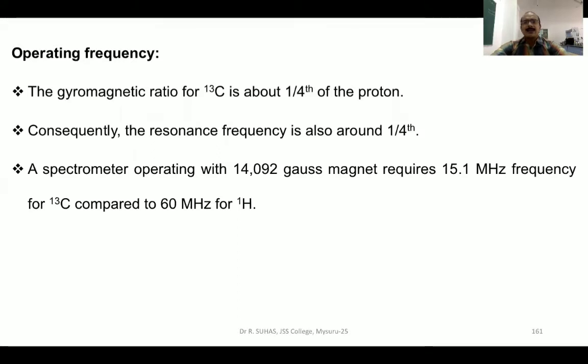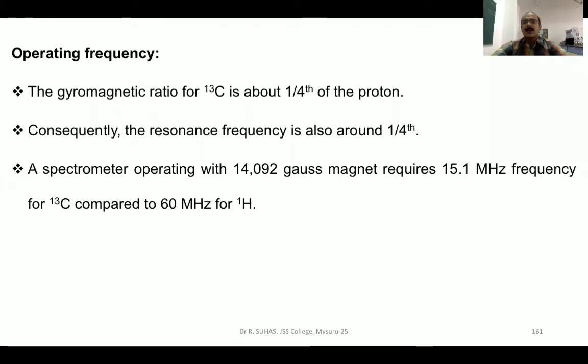We have seen that only 1.1% of the carbon in a molecule is C13. On top of that, the gyromagnetic ratio of carbon-13 is 1/4 that of the proton. When the gyromagnetic ratio becomes less, the resonance frequency also becomes less. That means if you are using 60 megahertz for scanning 1H NMR, you don't have to use that much resonance frequency. You divide it by 4. You need only around 15 megahertz for scanning C13 NMR spectroscopy